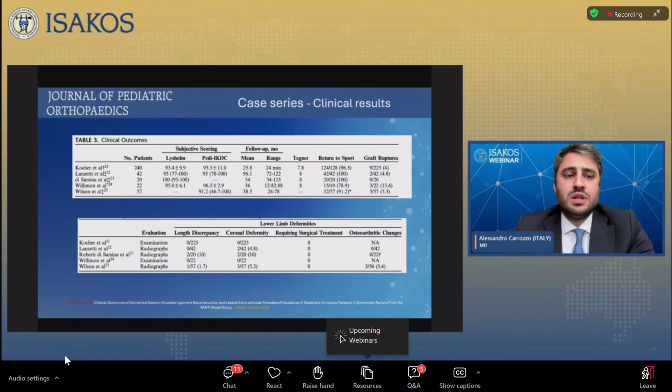In the same year, we conducted a systematic review that included studies that used different types of lateral extraarticular tenodesis to treat pediatric and adolescent patients. This review included 5 studies using different techniques, including a large series of 240 patients by Cocker and colleagues. Even on only a few papers, the review showed that different tenodesis techniques yielded optimal results in terms of outcome, reruptures, and complications. However, all the studies were case series, and consequently, there were some methodological issues.